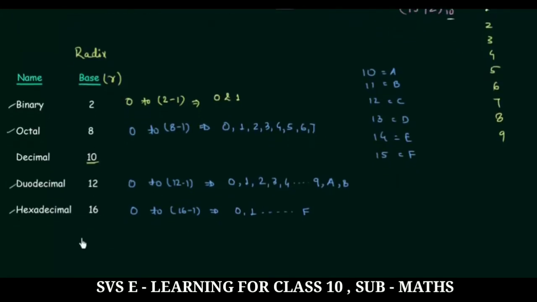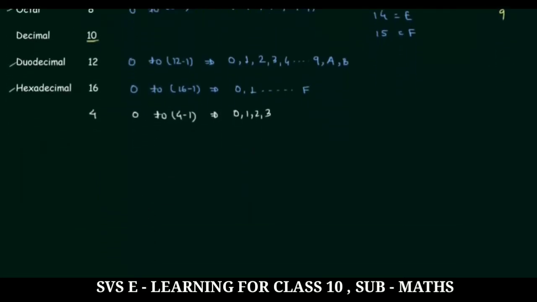We can also have a number system with base 4. We can have base 4, and in this case we have 0 to 4 minus 1. So we have 4 distinct digits, and they are 0, 1, 2, 3. Very simple. So if we know the base, if we know the radix, a small r, we can definitely find the different numbers in the number system.